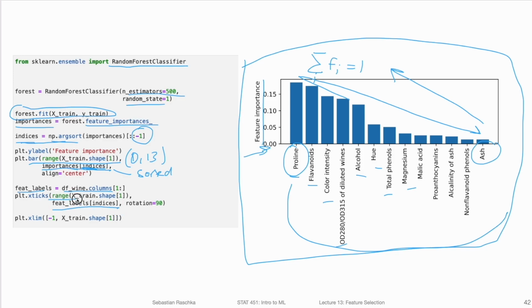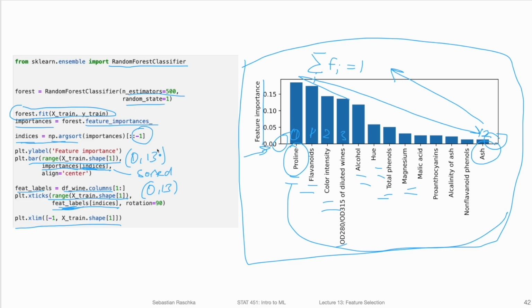And again, this one is just the x-axis ticks between 0 and 13, so it's just 0, 1, 2, 3, up to 12. And this is the part where I get the actual labels. Okay, and this is it. Here I'm just doing a cutoff so that it looks nicer, but that's essentially it. And these are the feature importances.